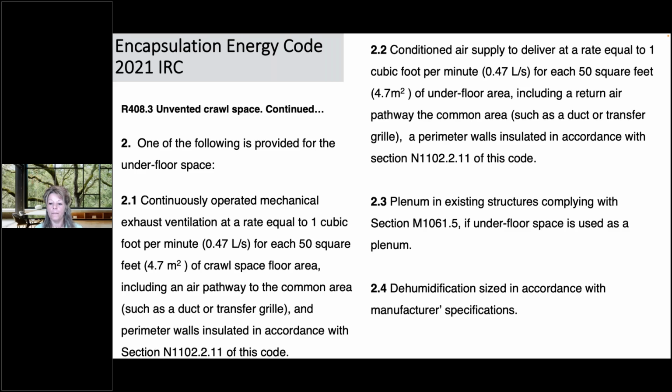Don't ever do it. And then for 2021, the update to the dehumidifier specification is a dehumidifier sized in accordance with manufacturer specifications. I worked on this code with Joe Steenbrook, and we thought it might be too simple because code, as you can see by 2.1 and 2.2, typically doesn't like to word things simply, but that's what we came to. What's important to understand is there is no governing body guidance on dehumidification sizing. So if I say that our 70 pint dehumidifier is good for 1,800 square feet,